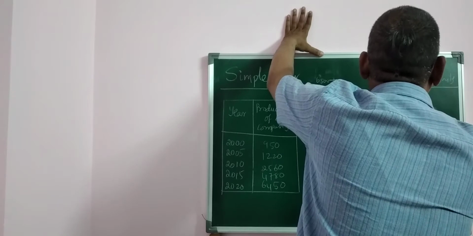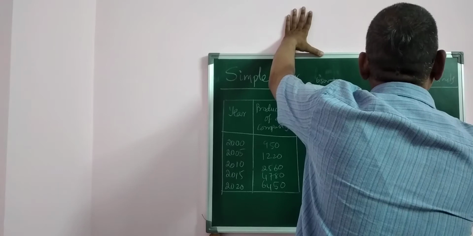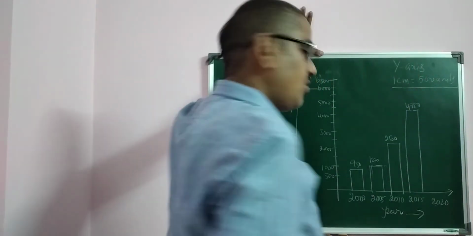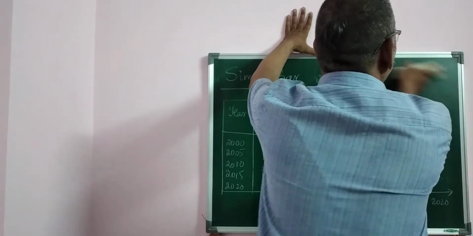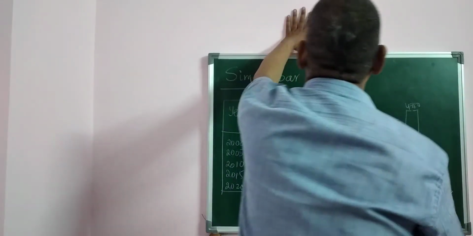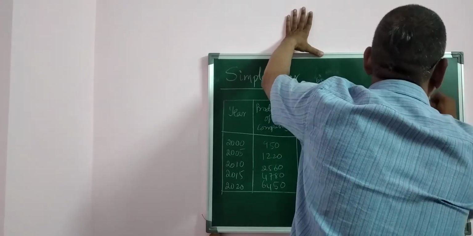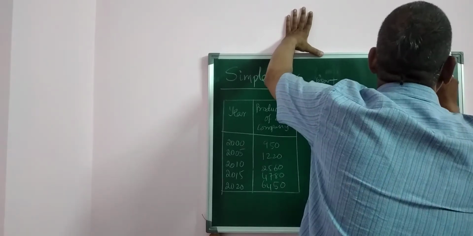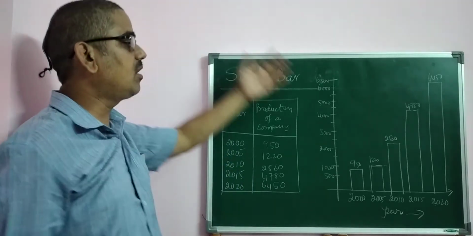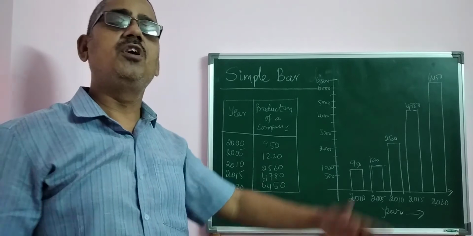And 4,560, 4,780, and then 6,450. So I represent this is 6,450. Now you observe here, this is one such beautiful bar diagram, in which you can easily